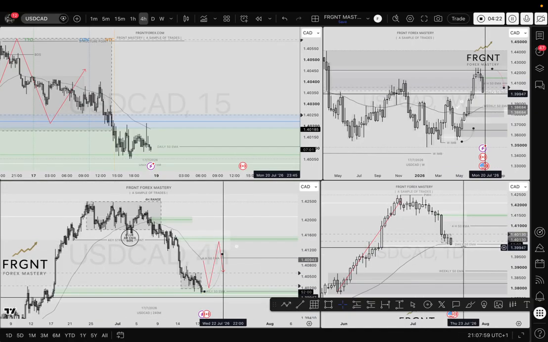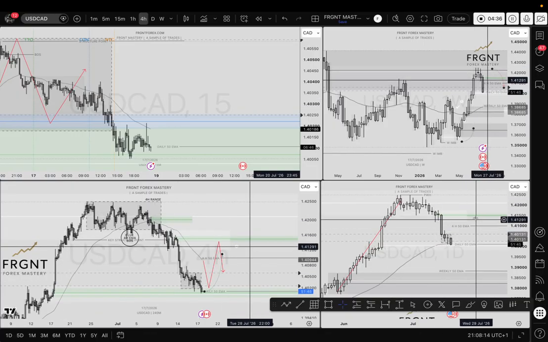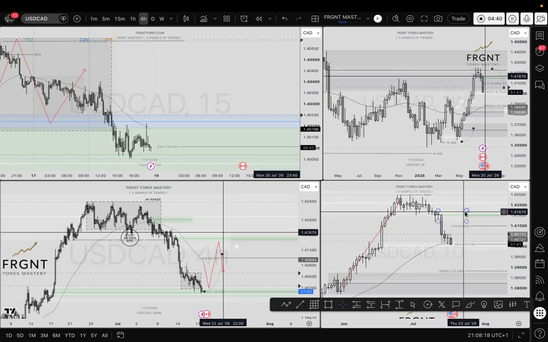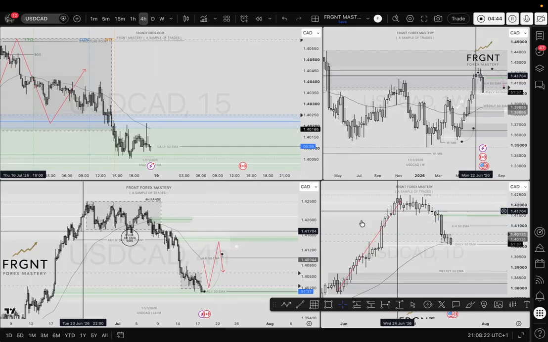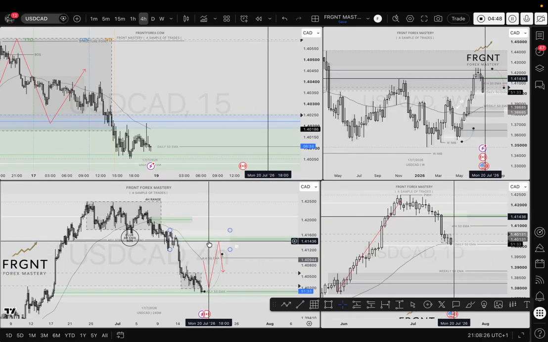I'm trying to build the story based on the facts that we have. So we've got the daily 50 MA. I'm now looking to the left to understand, well, is there a reason for price to want to reject that area? I'm not just trading 50 EMAs. I'm using the EMAs as a confluence to build my position, i.e., by the time price gets up to here, let's say that was the lower low, lower high area. As you'll see, there isn't a 4-hour 50 MA up at this region on the 4-hour time frame to actually